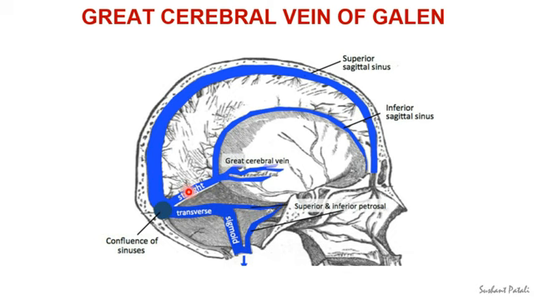The termination of the great cerebral vein is guarded by a small body of arachnoid granulation tissue, which basically acts as a ball valve to regulate the formation of the CSF, basically within the lateral and the third ventricles. So the great cerebral vein and its formation, more details will be added to this at the time of neuroanatomy lectures.